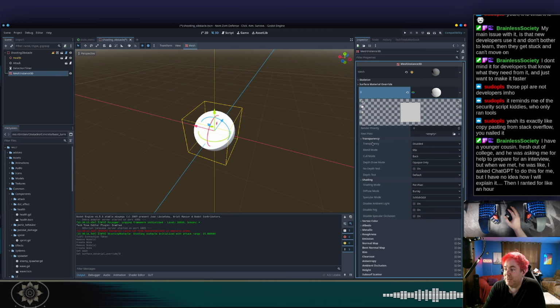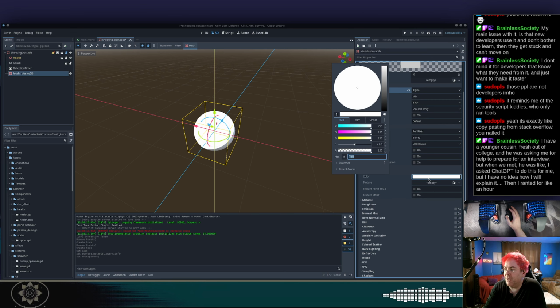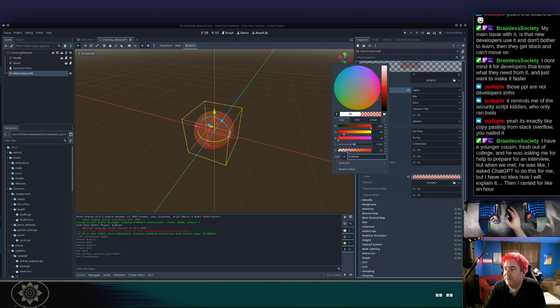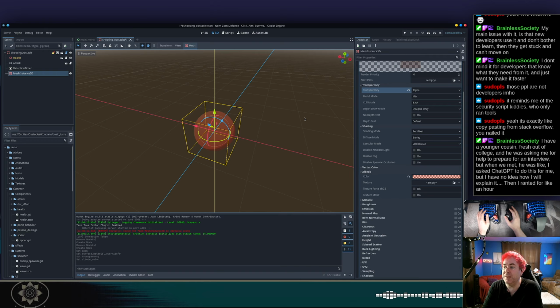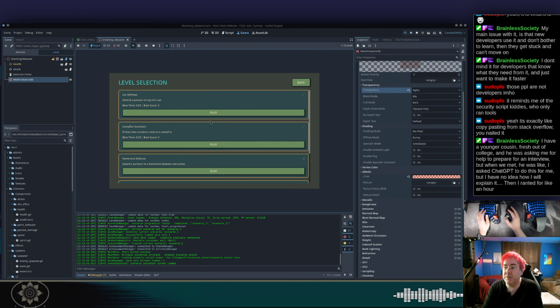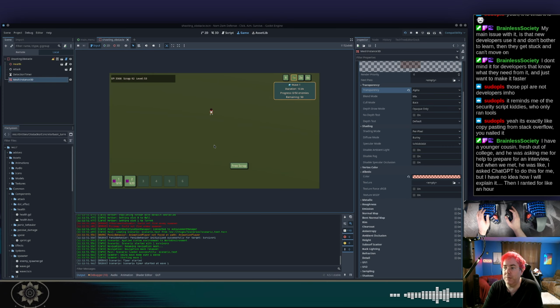So yeah, transparency we want. Want some transparency, and we want albedo, and we're going to want a nice red color, I think, for our preview, and we're going to turn down the alpha. So we essentially want a range preview of what is the range of the turret. And so we're doing a sphere because that's an easy shape to do. And so if we start the game now and we go into our test scenario,